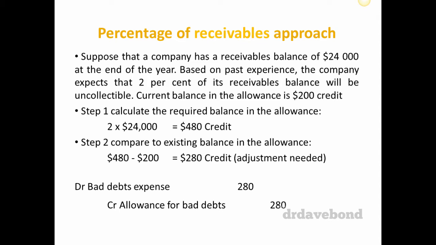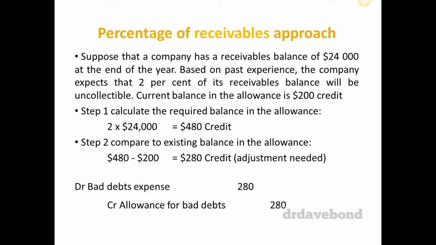That's not the expense for the year. That is what we think that account balance will be at the end of the year. So we think this allowance account will have a credit balance of 480 at the end of this year, based on 2% of this. And I think by setting it out this way, you can visually see a lot easier what you have to do, which is,